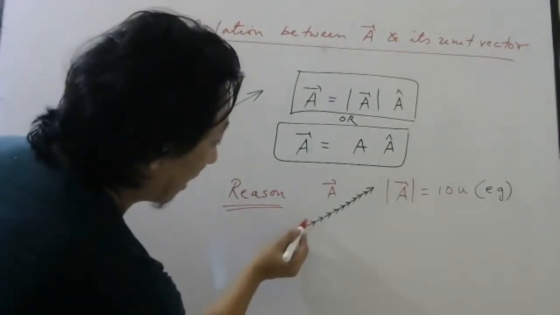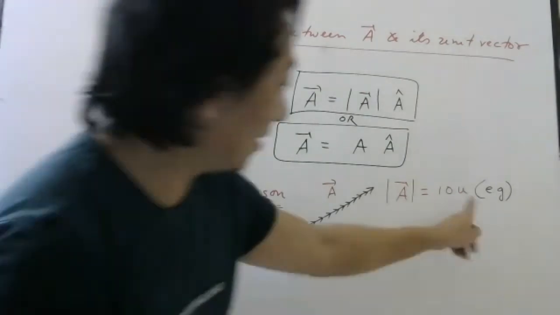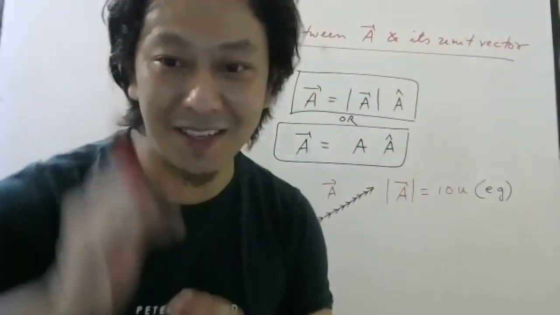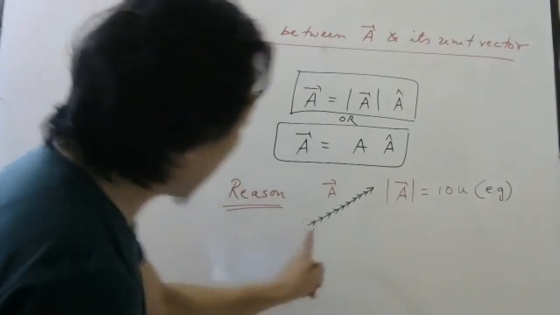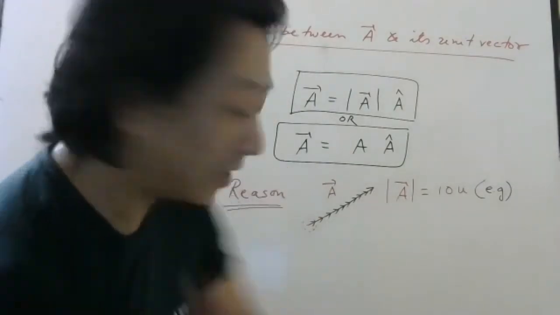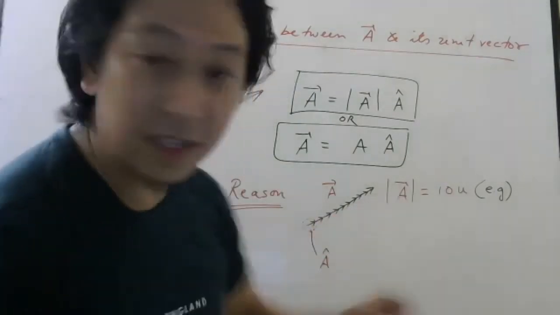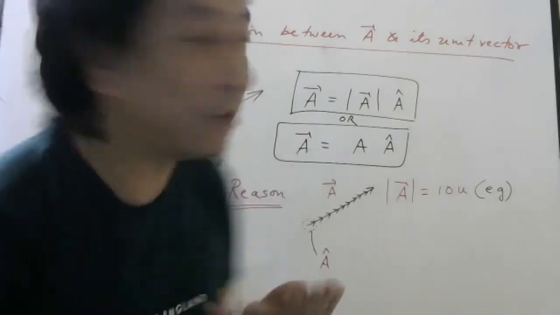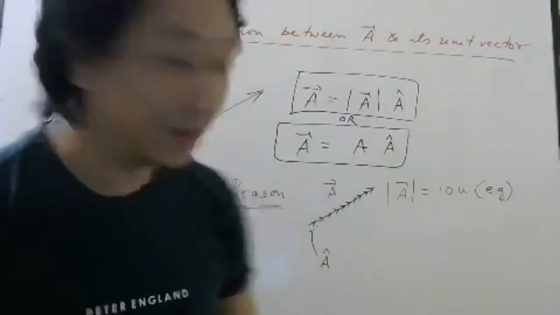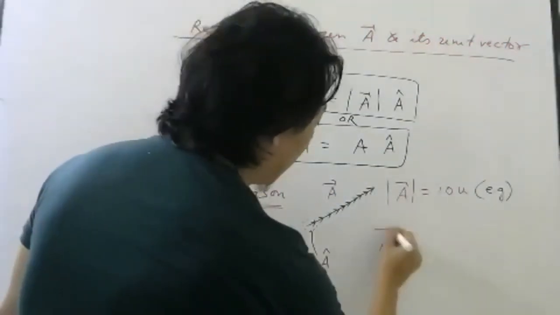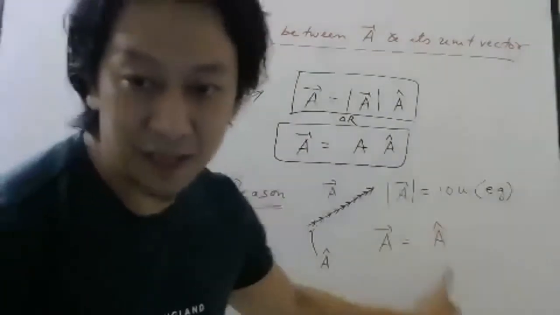What will be the length of this one part? No, meter you cannot say. You have to say 1 unit, because this can be 10 Newton also. So this will be 1 unit. Any one of them will be 1 unit. Understood? That means any one of them is nothing but a unit vector, because a unit vector means a vector whose magnitude is 1. So now if I say A bar is equal to A cap, will you accept?